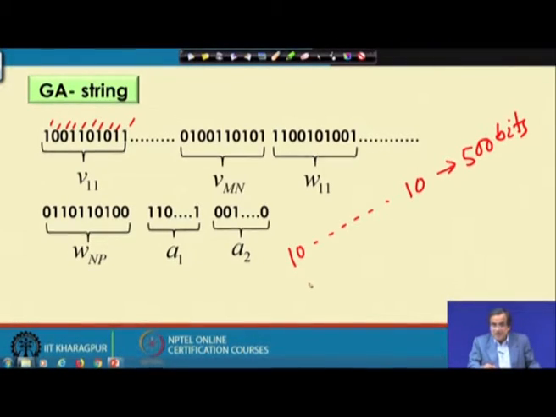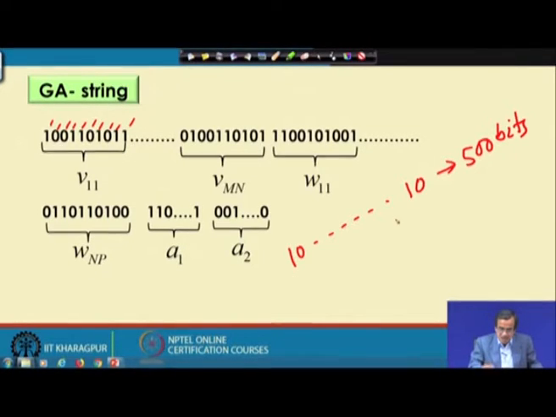Now, I am just going for the second GA string. Once again, if I keep the topology as one of the decision variables, then the number of hidden layers is also going to vary. That means the number of neurons is going to vary, that means the number of connecting weights is going to vary.